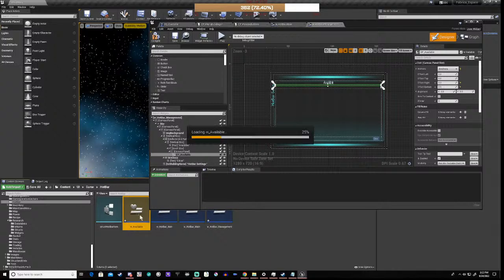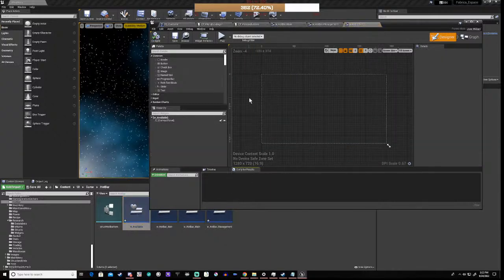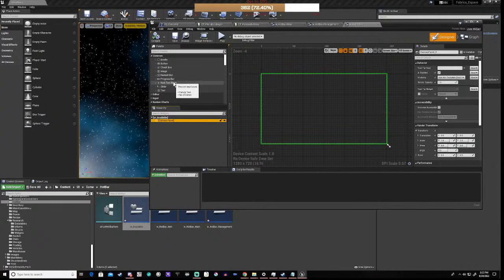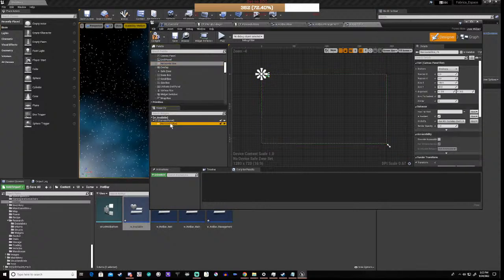And we're going to open this, and it's basically going to be a horizontal box, right? And this, it's going to probably be an image,